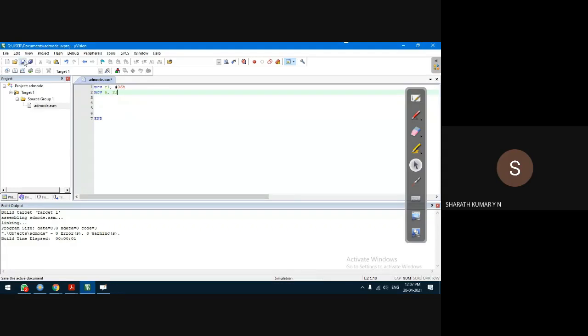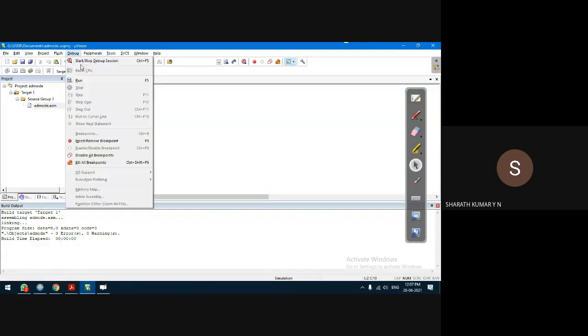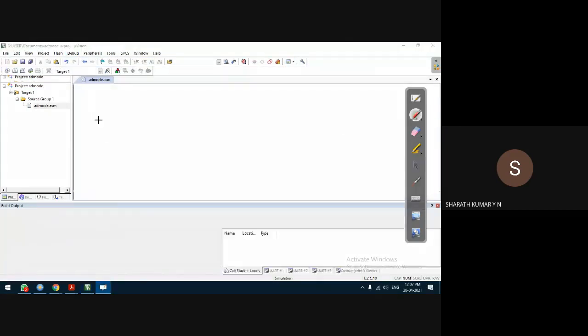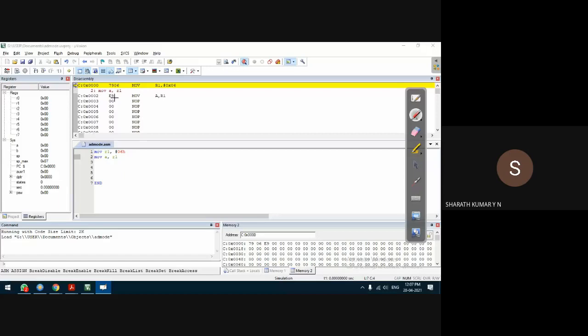Each time you have to save the file and build the target. Debug, start session. Observe the operational codes. Did you see the changes? Earlier it was 78H for R0. Now it is 79H for R1.